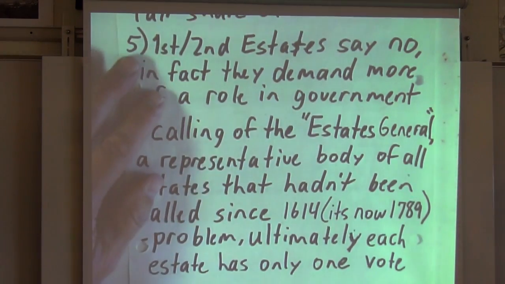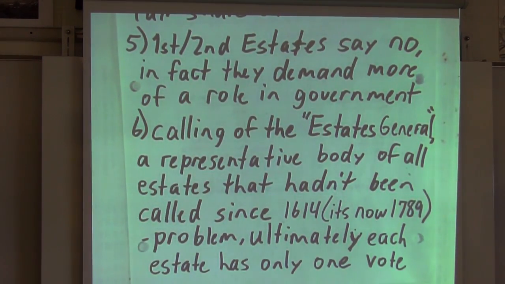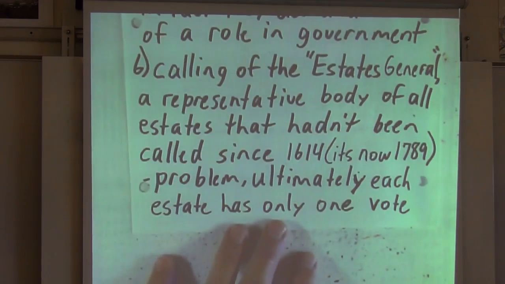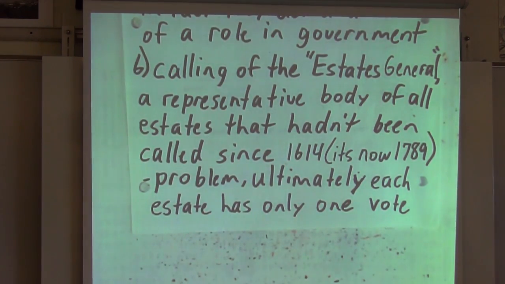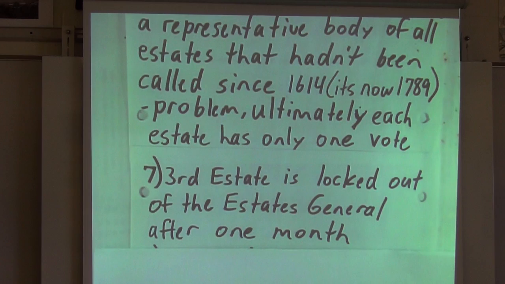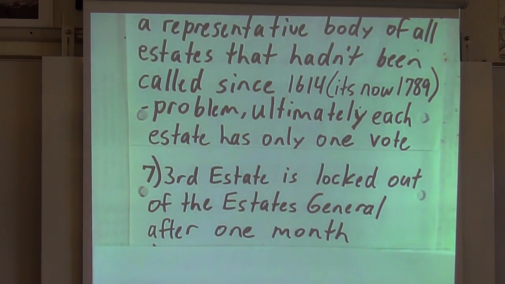Okay, now, one day, the Estates General was meeting, and the representatives of the third estate were having another meeting earlier on in the day, in the morning. And when they arrived at the Estates General meeting hall, if you will, they discovered that the door was locked, and they were locked out. And the first and second estate said, "We are moving on without you." This is probably not a good idea. The representatives of the third estate are furious. They're absolutely angry, and they look for a place to go meet.